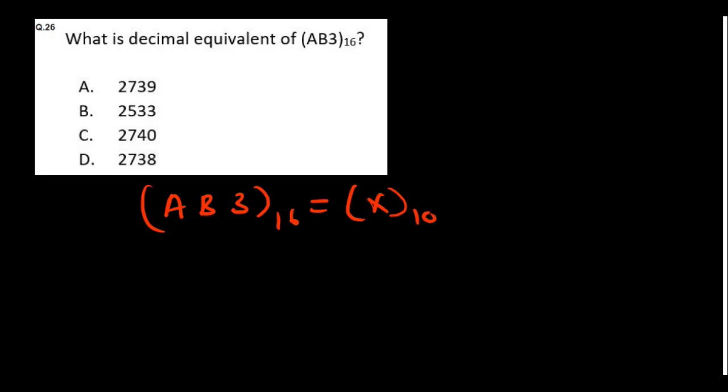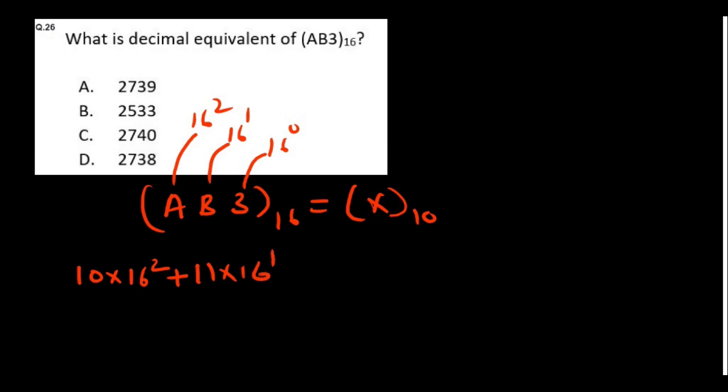You will multiply by powers of 16. So A means what? 10. 10 multiplied by, this is in the position of 16 to the power 0, 16 to the power 1, 16 to the power 2. So 10 multiplied by 16 square, plus B means 11 multiplied by 16 to the power 1, plus 3 multiplied by 16 to the power 0, which equals